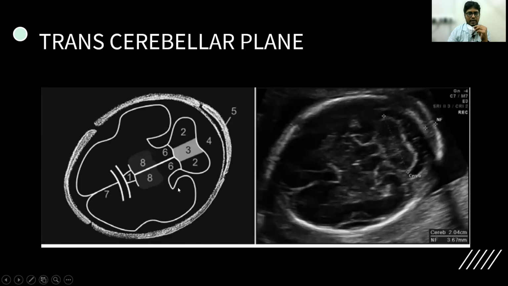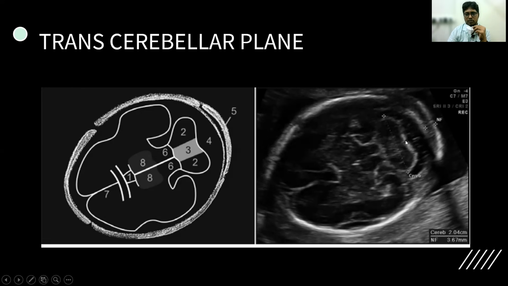The last plane in the head is the transcerebellar plane. Here we will see a dumbbell-shaped cerebellum, and in the corresponding ultrasound image, we can see the dumbbell-shaped cerebellum. We have to measure the transcerebellar diameter at this location, and it usually coincides with the gestational age. And we should also calculate the